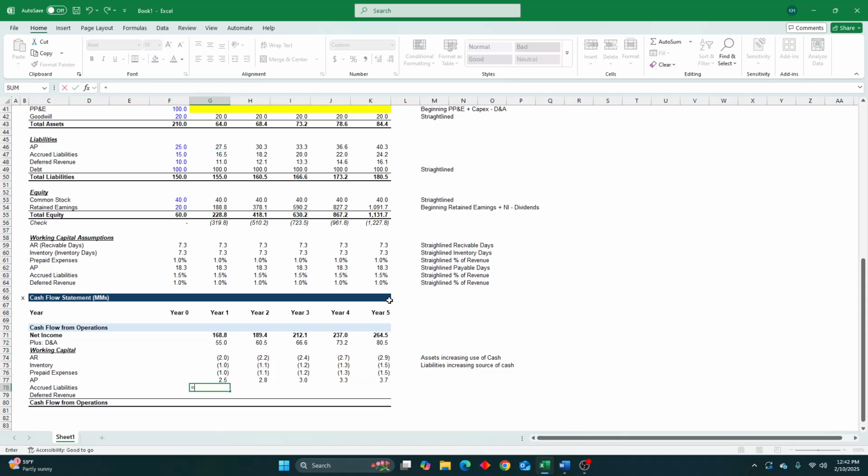I'll paste that over. Same thing with our accrued liabilities. It's going to be this year's balance less last year's balance. Paste that forward. And then lastly, we'll take our deferred revenue, this year's balance minus the previous year's balance. We can paste it out forward. Now we have the ability to calculate our